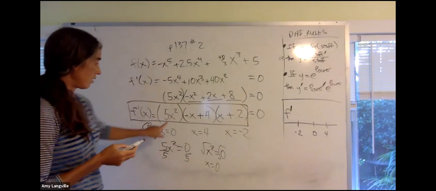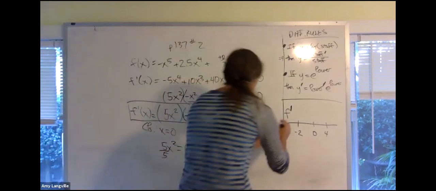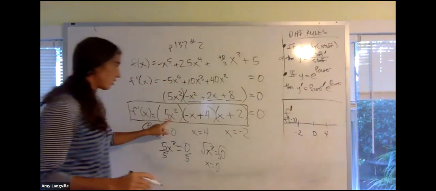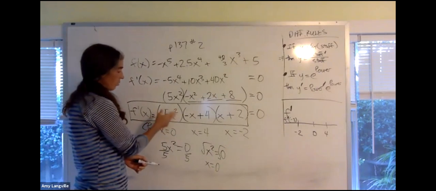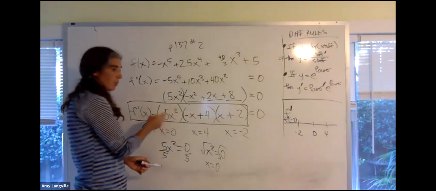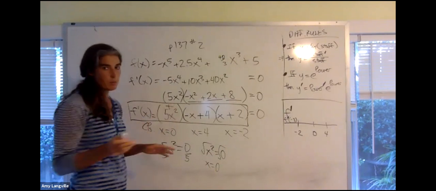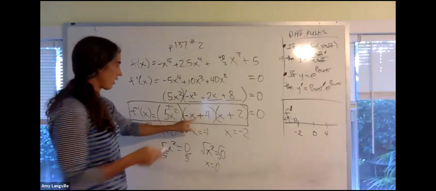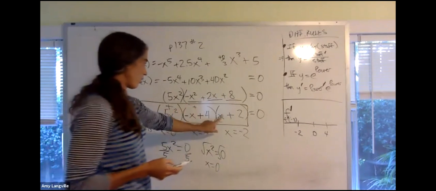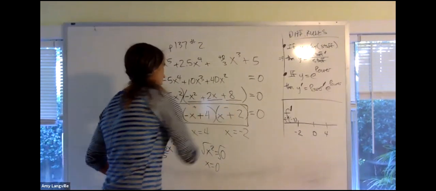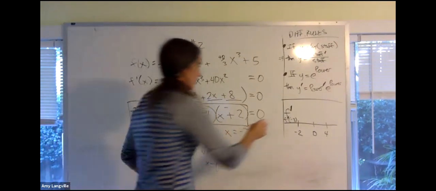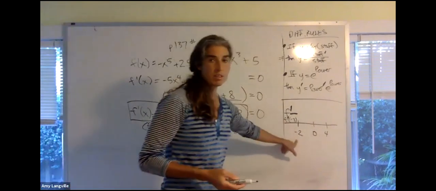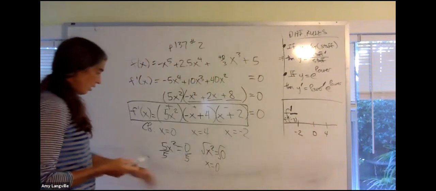And so if I try like -3, f prime of -3 right here, what I'm interested in is the sign. And what I see is it doesn't matter what I plug in, and I square a number, multiply by 5, that's got to be positive. So this first term is always positive no matter what I plug in. But the second term, when I plug in -3 and then take the minus of that and add 4, that's going to be a plus. And then the next term, -3 plus 2, will give me a minus. So plus times minus is a minus. So it has to be decreasing from -infinity all the way up to -2. All right, now the next one,